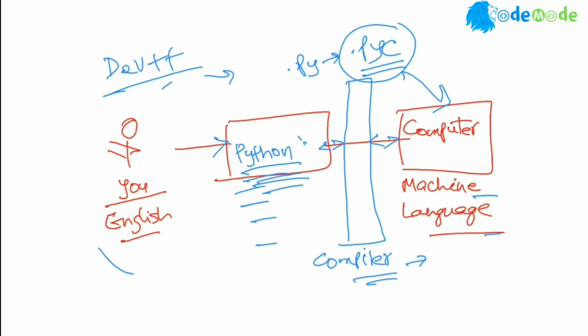Source code is the raw code that you wrote, the raw set of instructions in Python that you wrote, and then that gets converted into a Python compiler file, and that runs on the machine. So anytime I use the word source code, I'm talking about the code you wrote, the code I wrote, the raw plain vanilla code.